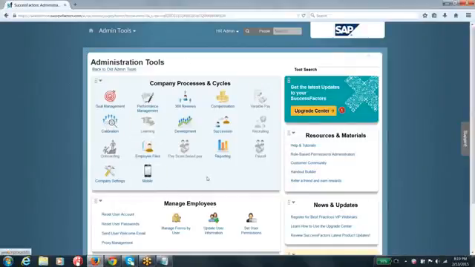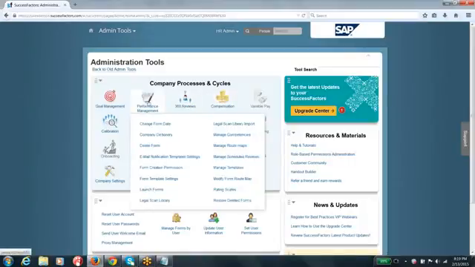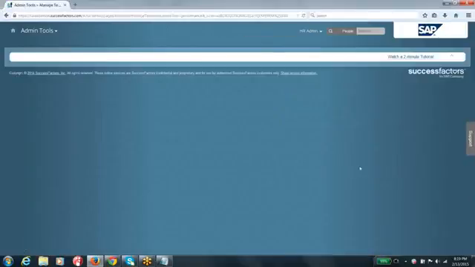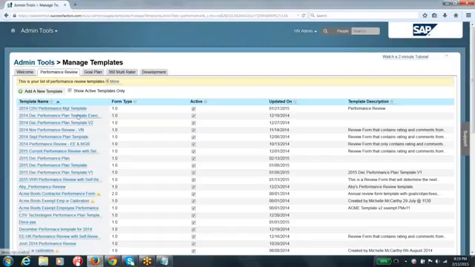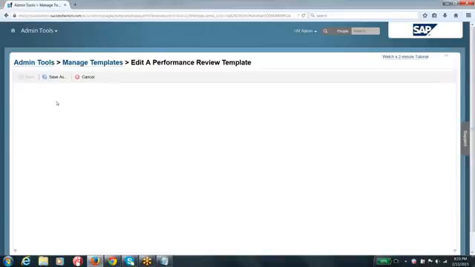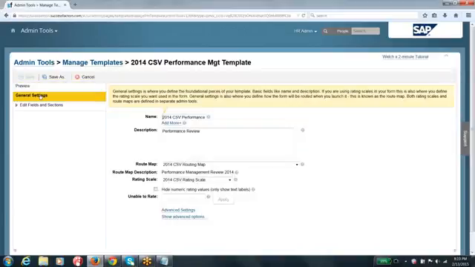And yeah, let me repeat that, guys. If you go to your performance management module under your admin tools, go to manage templates. Click on manage templates and go to the corresponding module, go to the template that you are interested in configuring, and under that particular template, go to the general settings, guys. Go to the general settings.